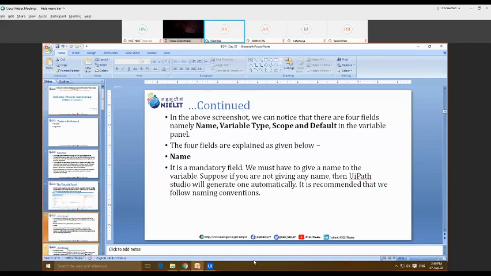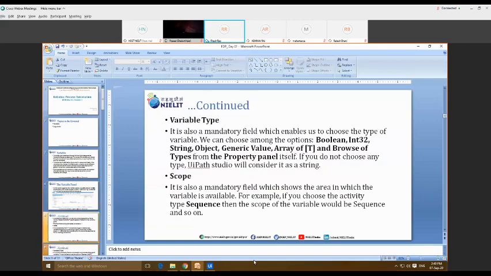The second field, after the name, is variable type. Depending upon the data types, we have different kinds of variable types. For selection of the variable type, we just click on the variable type drop down list, and from there we can select the variable type.